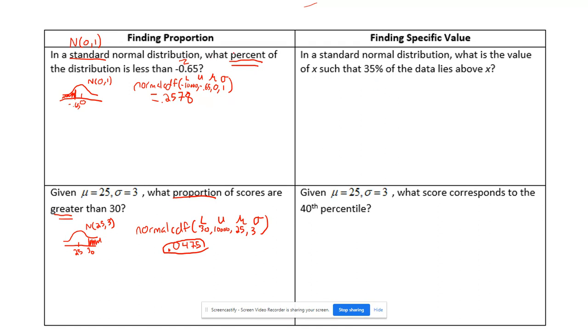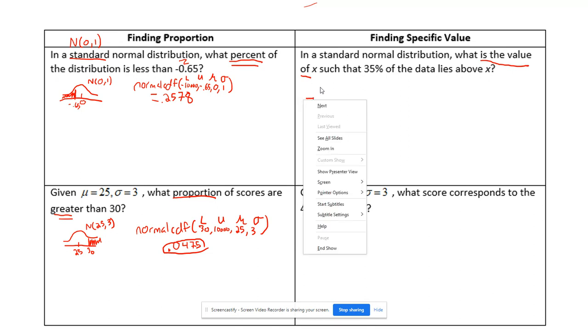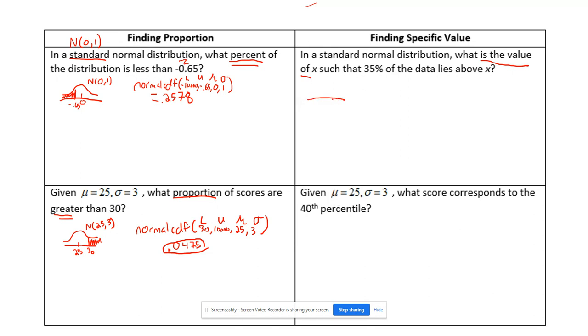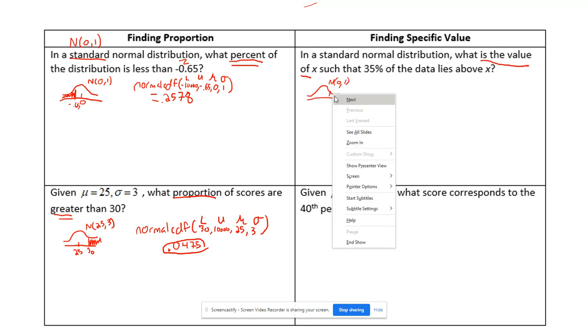So again, in a standard normal distribution, so we're talking 0 is the mean, standard deviation is 1. Now I don't ask you for a percentage. I say, what is the value, or what score, what value gives us a percentile of 35%? 35% of the data, actually in this case, is above x. So if we think about drawing our normal curve here, here's my normal 0, 1. Okay, and I'm shading, I want 35% to be above